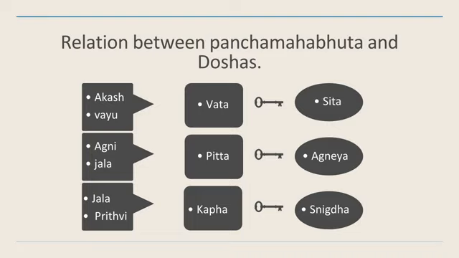Agneya. So Vata is usually Shita, Pitta is usually Agneya, and Kapha is usually Snigdha. The whole creation, the whole world can be understood with these 3 words: Shita, Snigdha and Agneya. Shita and Snigdha make the structure, and the structure is maintained with an optimum amount of Agneya. If there is any variation in any of these, you will find the problem.